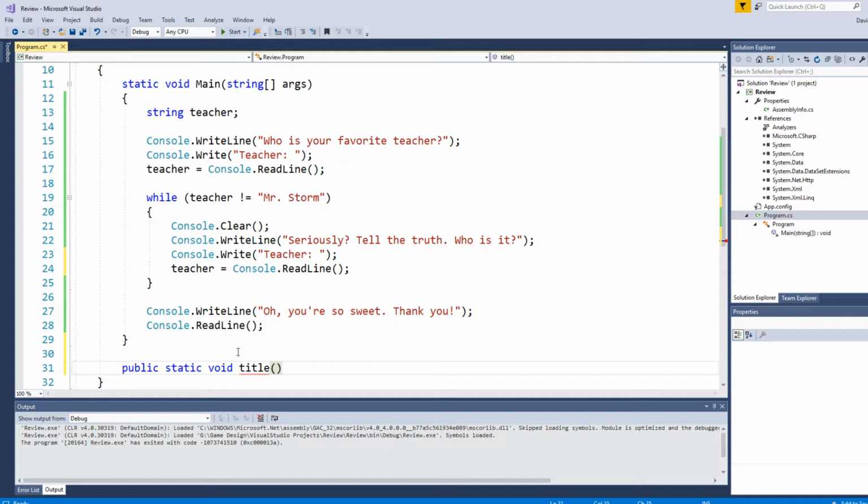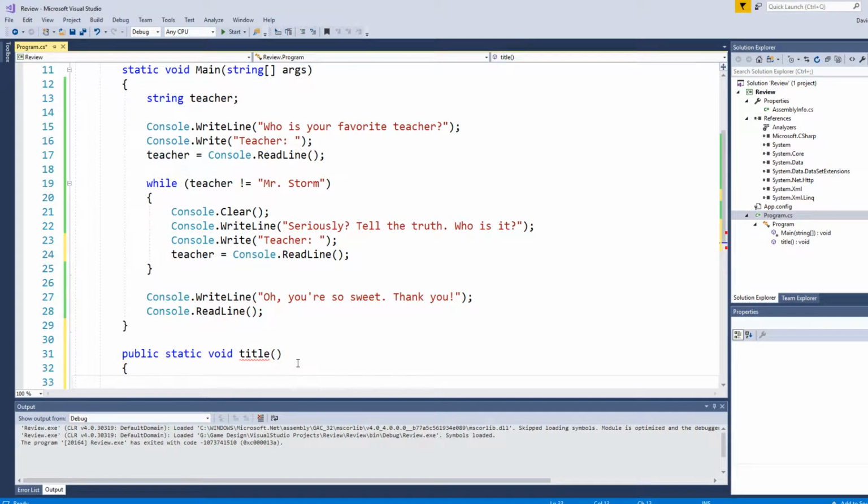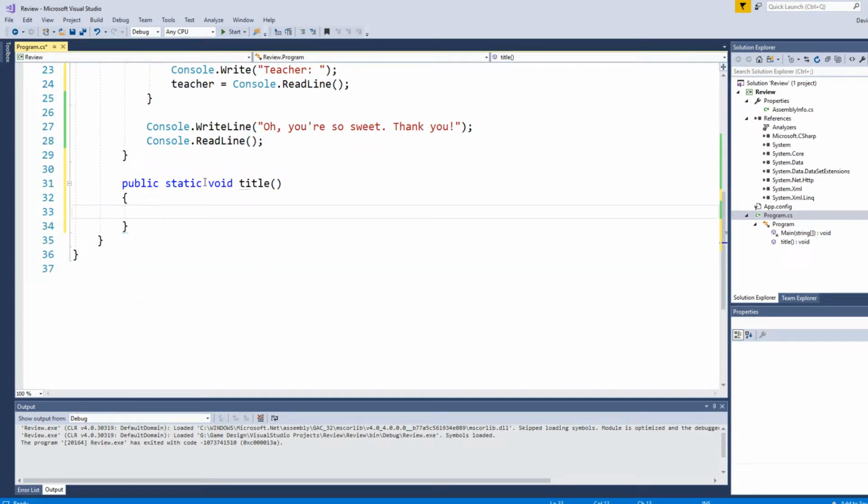I'm going to create a, let's call it title. Oh, and I don't want the brackets, right? Or I don't want a semicolon at the end, just like right up here, anytime you have these brackets following your statement, it means your statement's not done. Okay, now inside this public static void title method, I want to create